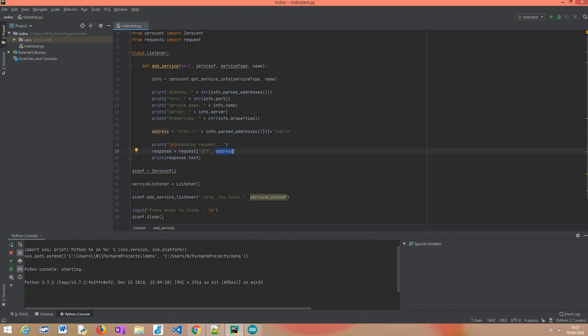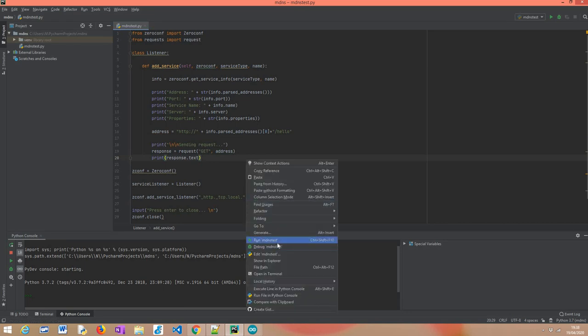And then after the request is sent, we get an object representing the response, and we can access this attribute called text that should contain the response sent by the server. And we know that in our case, it should be hello world. That's it. It's quite a small Python script. Let me just run it here.